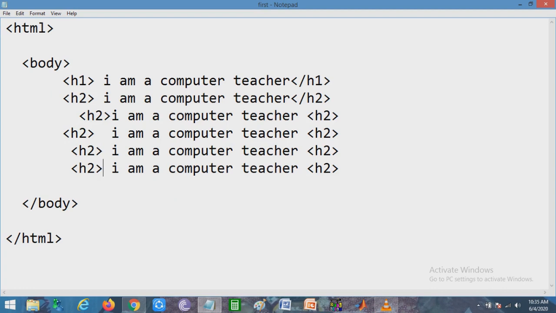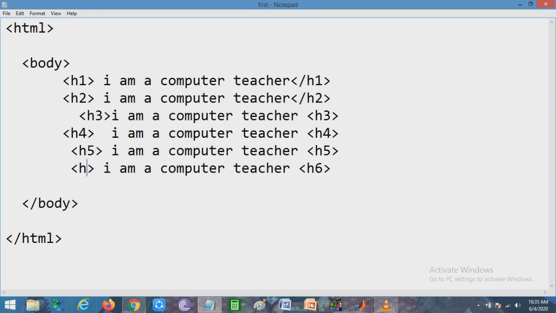It will be H3. So I am writing here H3, H3, and then H4, and then H5, and then H6. So the question is, how many heading tags are there? 6 heading tags are there, 1 to 6: H1, H2, H3, H4, H5 and H6.